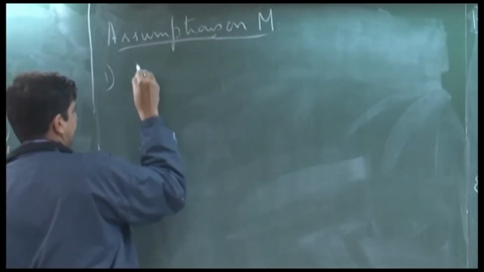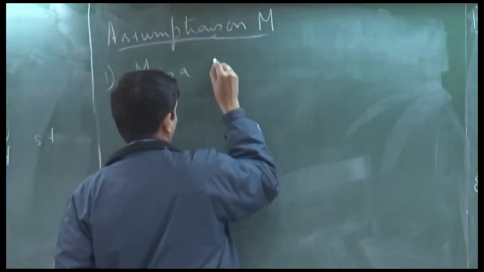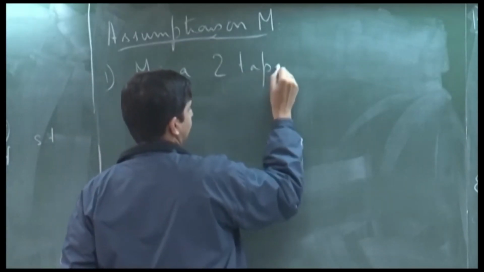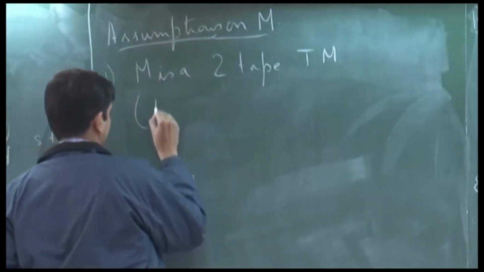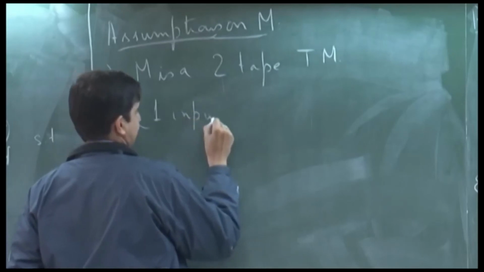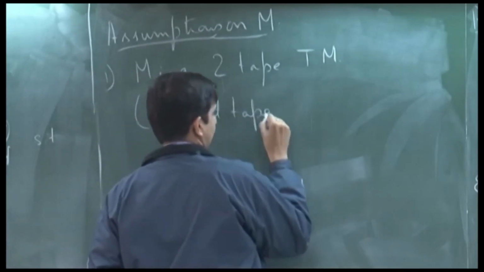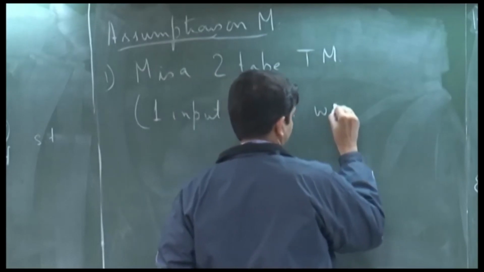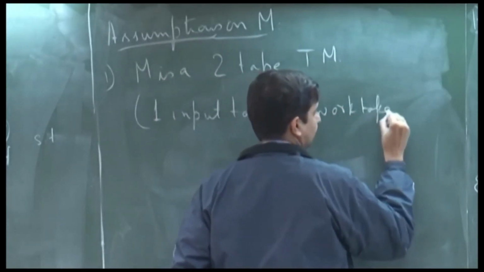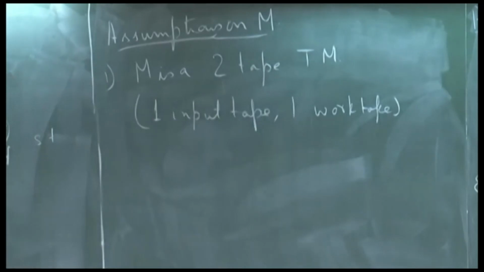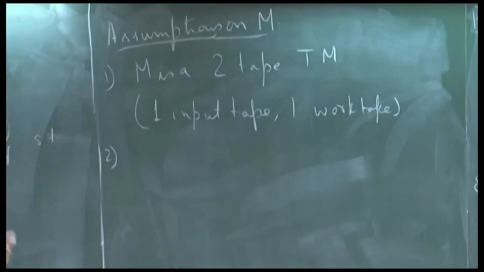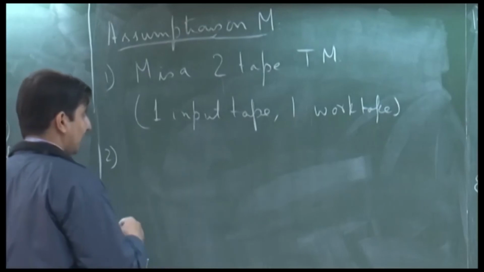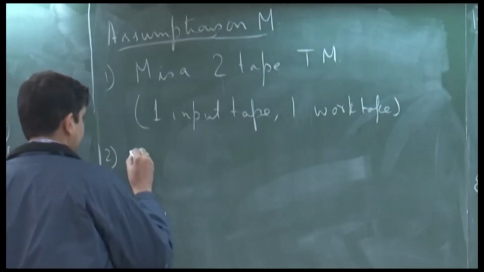So, firstly we will assume that M is a 2 tape Turing machine, in the sense that it has one input tape and one work tape. Okay. And the second assumption that we will make, so if you looked at the exercises that I gave last time regarding this assumption,